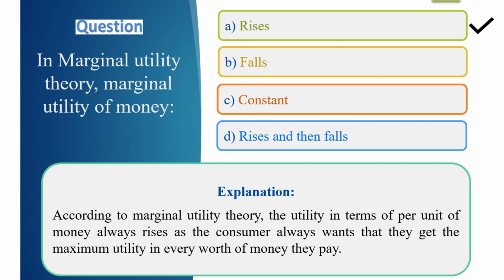According to marginal utility theory, which in Hindi we call सीमांत उपयोगिता सिद्धांत, the utility per unit of money always rises, because the consumer always wants to get the maximum utility in every worth of money they pay. So, following this marginal utility theory, the correct answer is option A, rises. Our next question